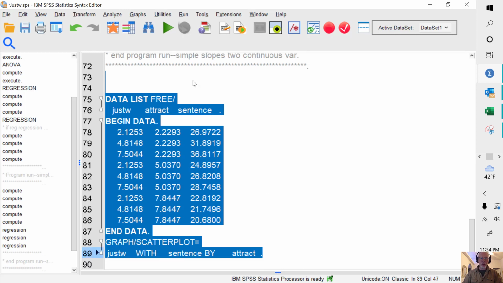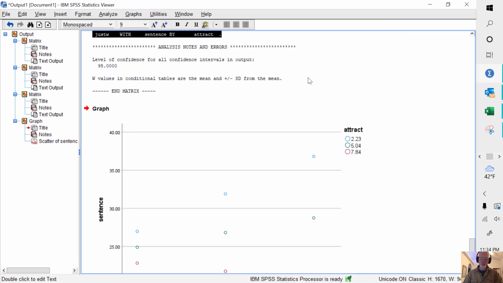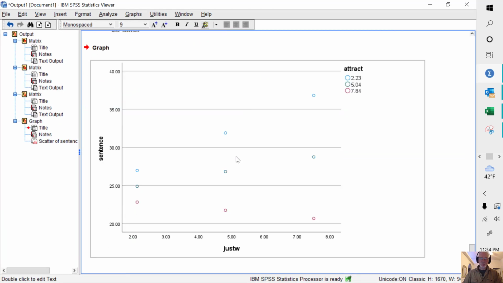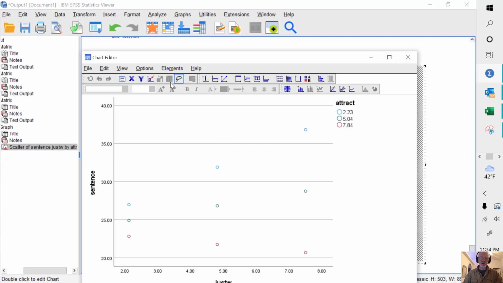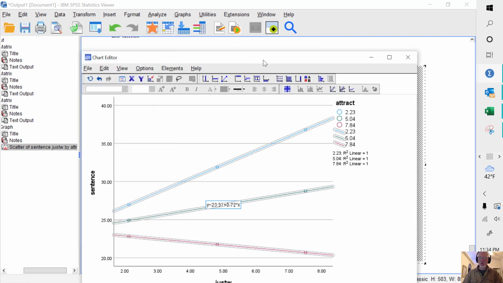Run that program. Double click. So left click. Put those values in. And so what I'm seeing is the slopes